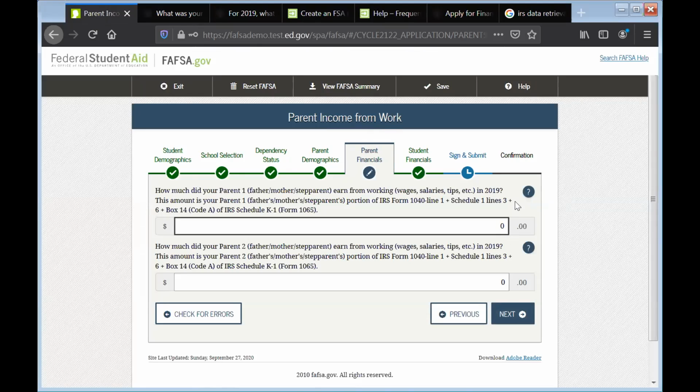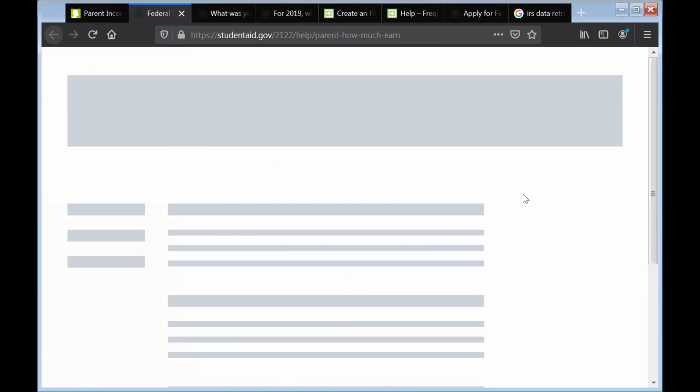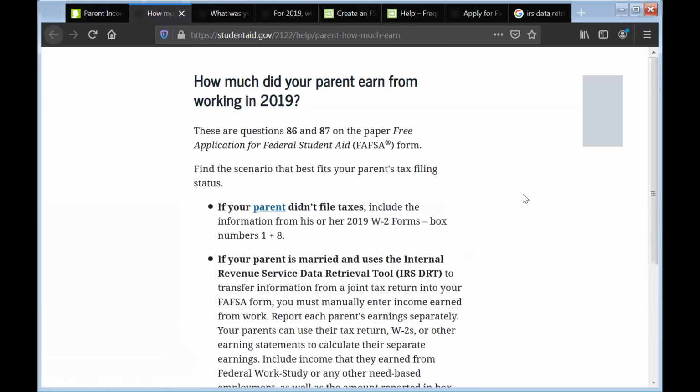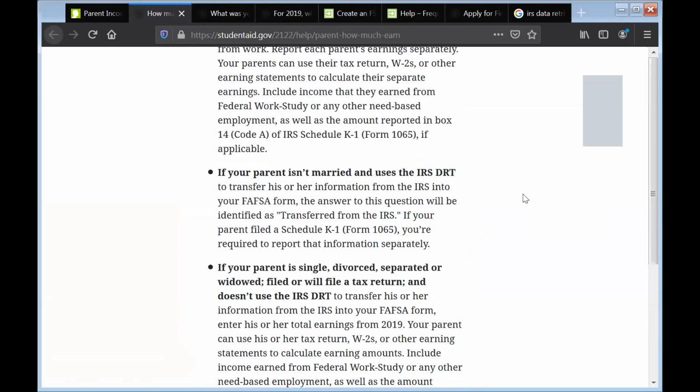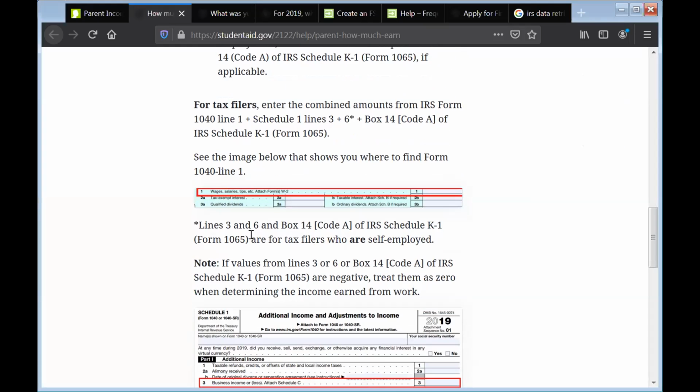Looks like a lot of language. Maybe I don't understand all those line references. Blue question mark bubble, come to the rescue. So they're going to explain, to take a look at my parents' taxes. If I scroll down, they're going to say, look, on this line of your parents' taxes, it says line 1